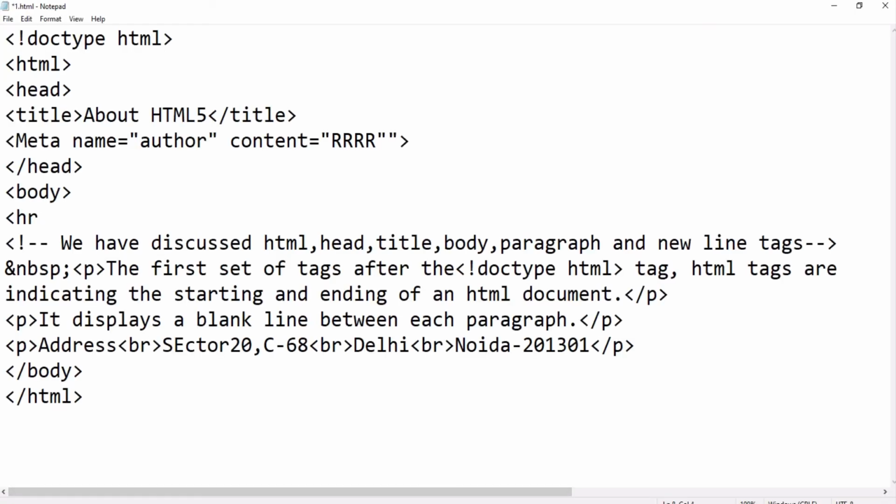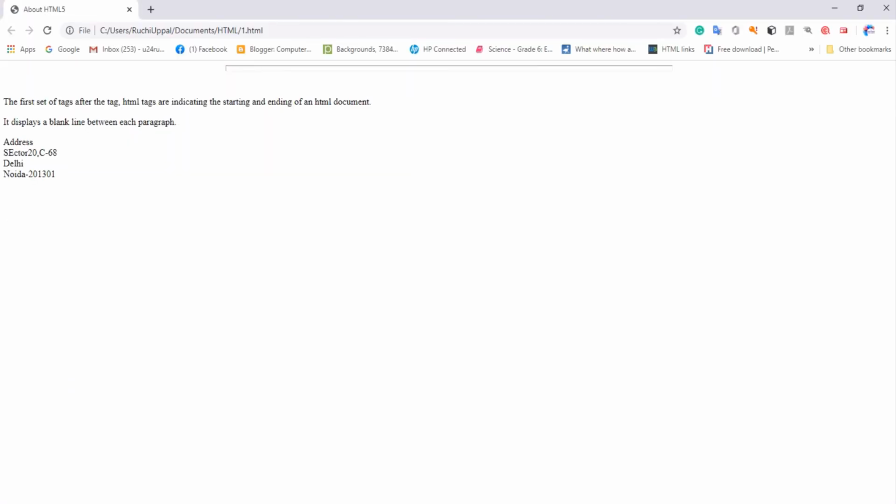In the HR tag I am writing size equal to 10, and width equal to 50%. Now let's see the change, F5 key. Now you can see the horizontal rule according to the given size. Its thickness has changed, its width has changed.